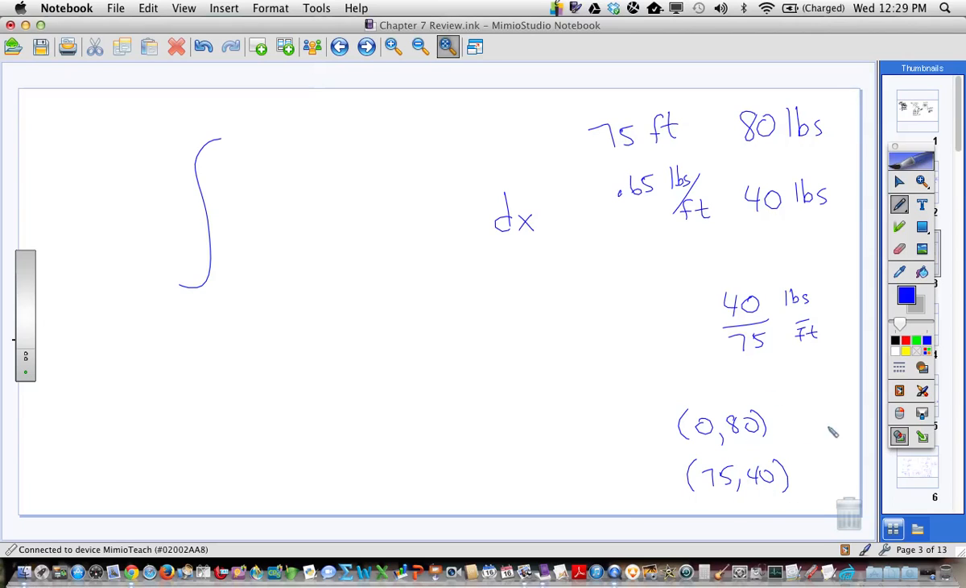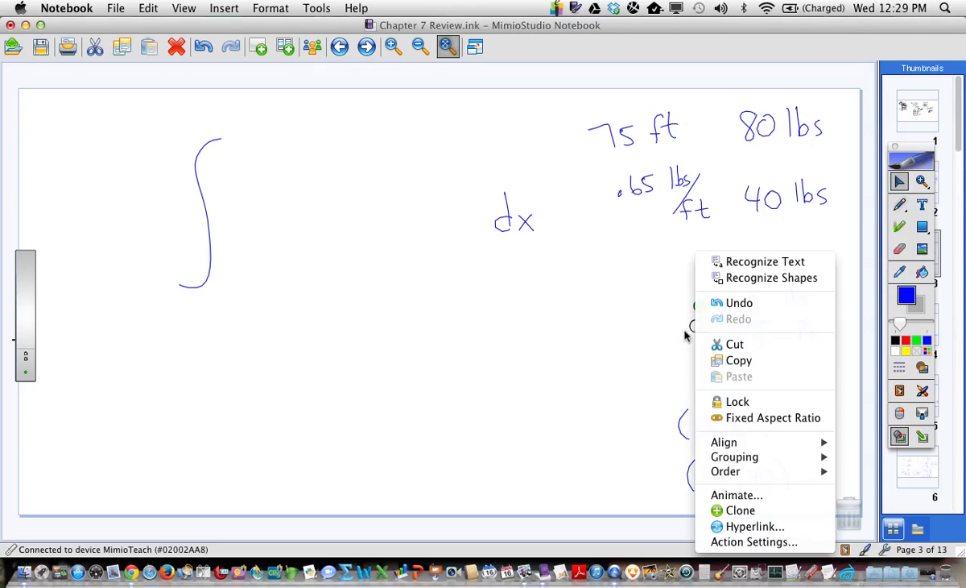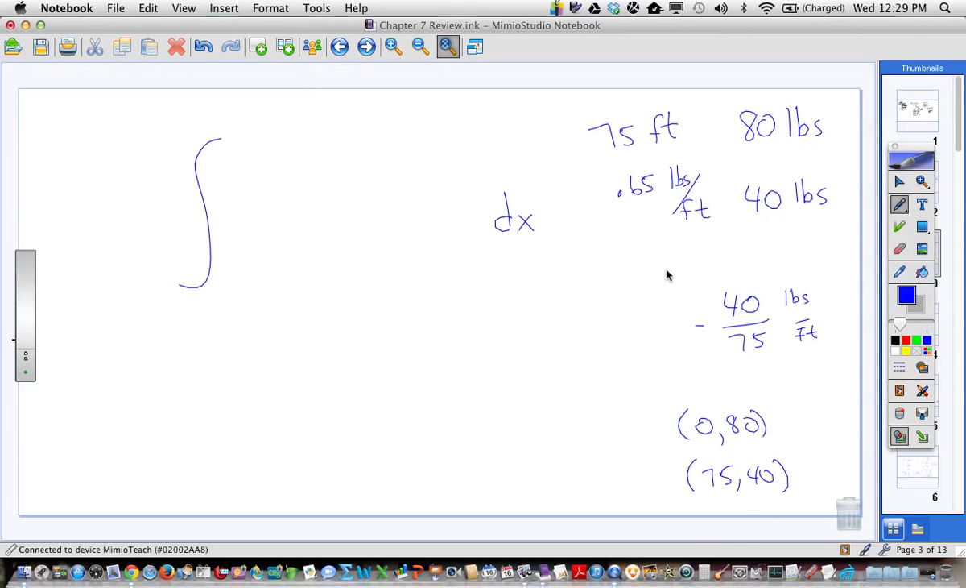But you don't have to. You can do it as a slope formula. Think of that as a negative. That'd be fine. Okay, go ahead. That simplifies to 8 over 15. Okay. And then you have to make an equation out of it. All right. So you have 8 over